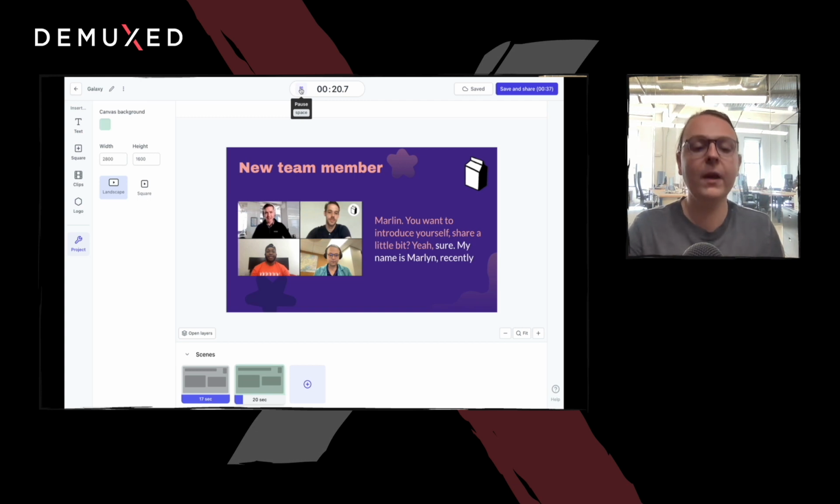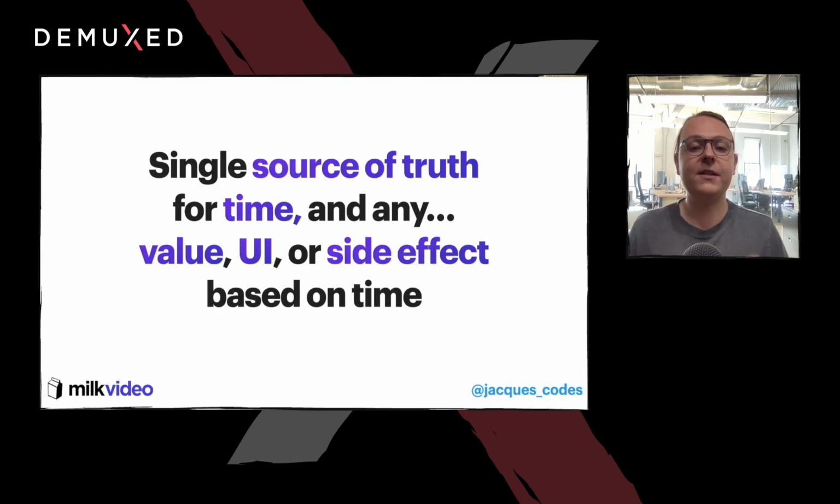It became unmanageable. The problem with synced state, the fundamental problem, is that you have to consider every single action that might affect your state and make sure you compute and update the state correctly. So we tried a different approach. Our goal was to build a single source of truth for time and for any value, UI, or side effect